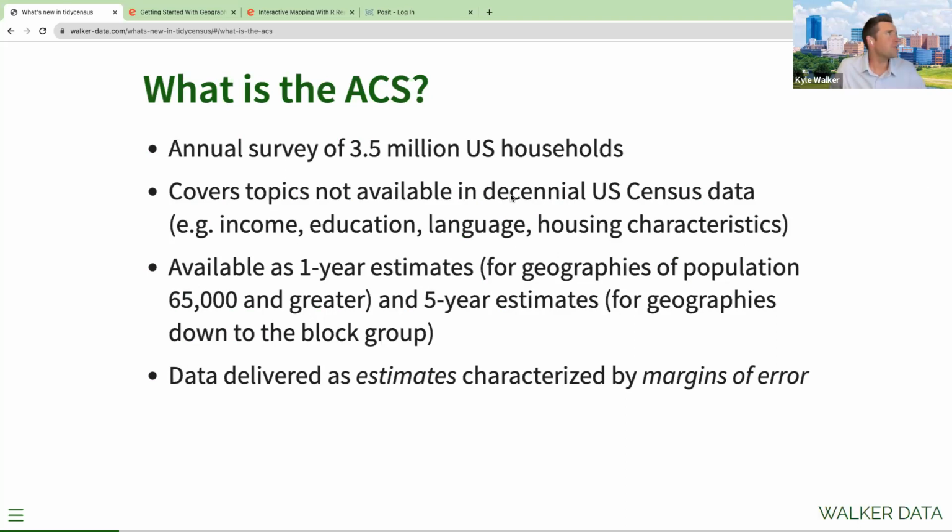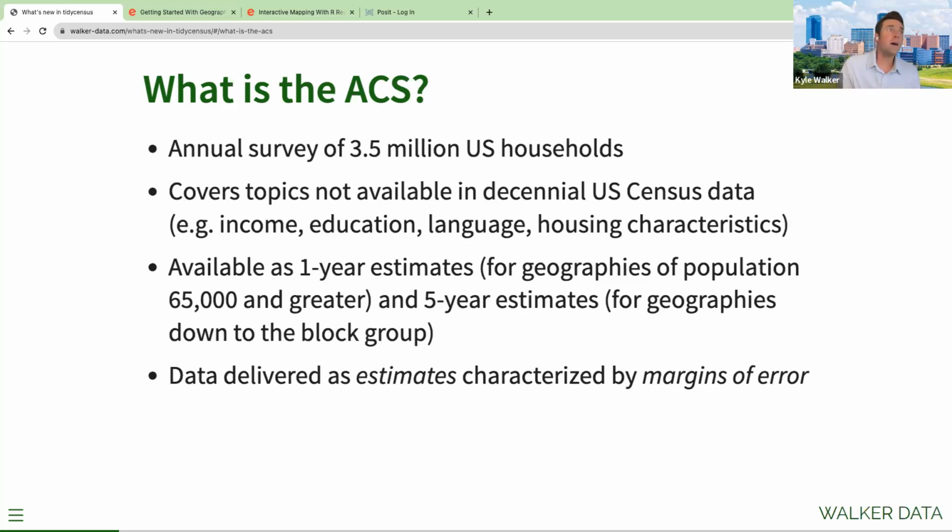And so just for starters, what is the ACS exactly? So it's an annual survey of about 3.5 million households, as opposed to the decennial census, which we'll talk about a little bit later, which is intended to be a complete enumeration of the US population. The American Community Survey is, in fact, a survey. And what it gets you